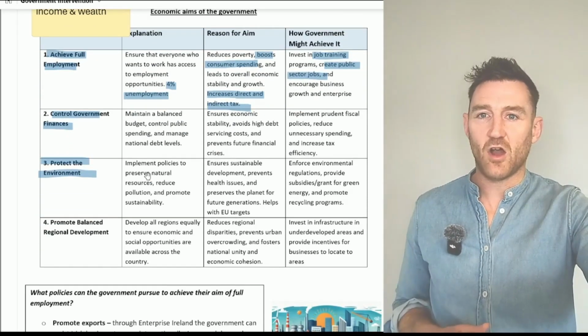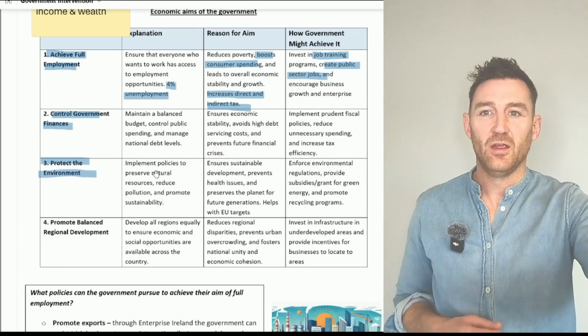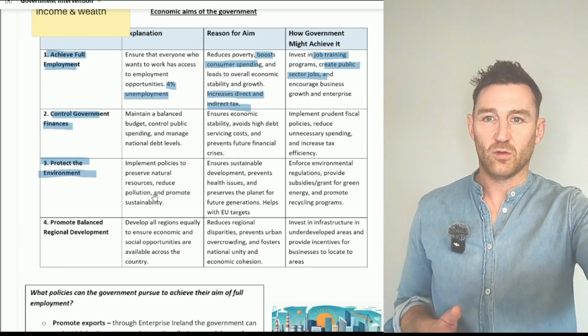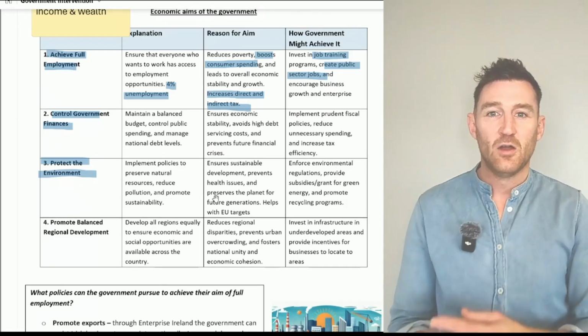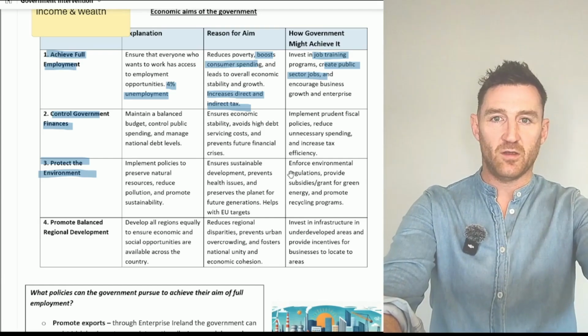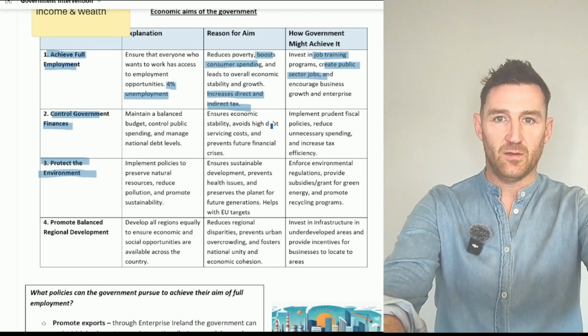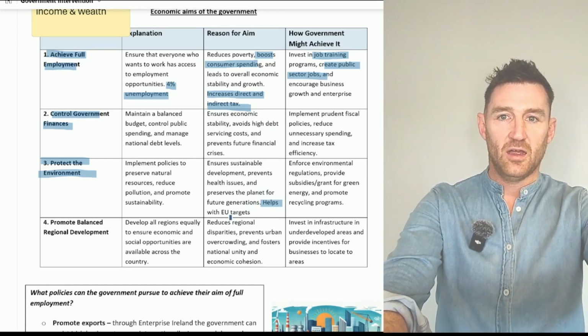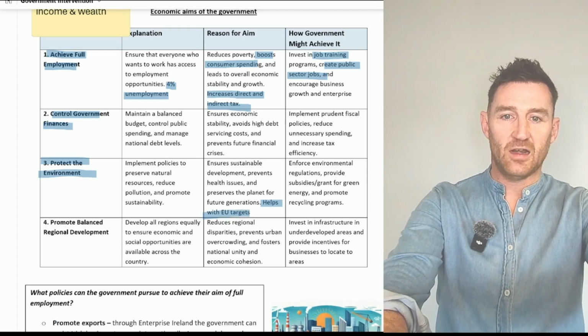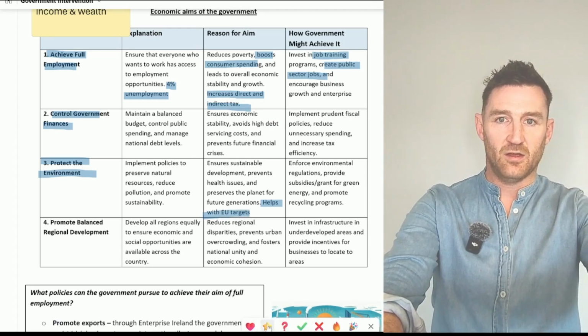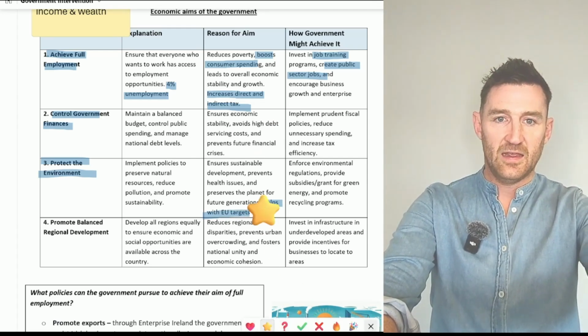So protecting the environment. Explanation: implement policies to preserve natural resources, reduce pollution and promote sustainability. Reason for the aim, you want to focus on this, right? It helps to meet EU targets. And the reason I'm pointing that out, and I'd say put a little asterisk beside that, is because exam questions